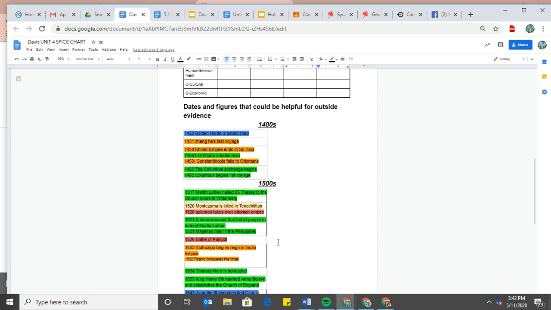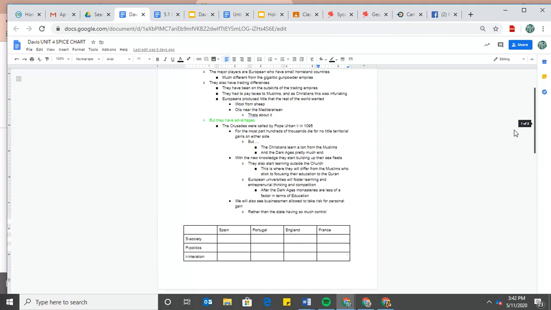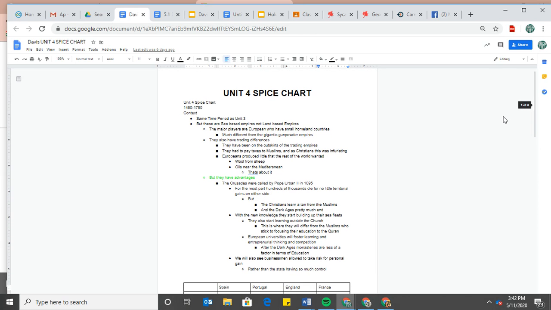Magellan dies in the Philippines, the guy who circumnavigated the world. The Incas. There are dates all over these spice charts. So I pray that we can get context correct,